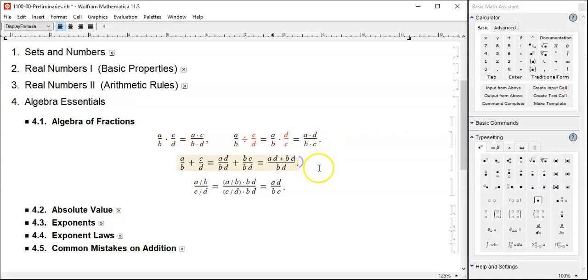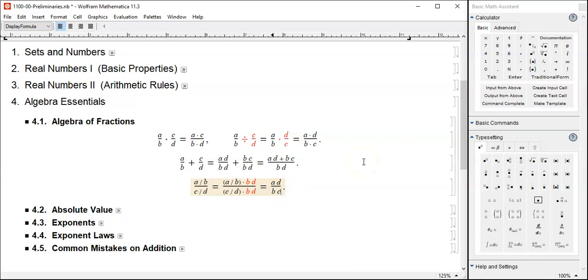Now, addition and subtraction can be a little bit trickier because we have to take the common denominator. And division within a fraction can be a little bit confusing, but in the end, you can remove all those denominators except for the outermost one. So how do we do that? We just multiply the same thing to both numerator and denominator. And what do I multiply? We strategically select the product of the denominators,